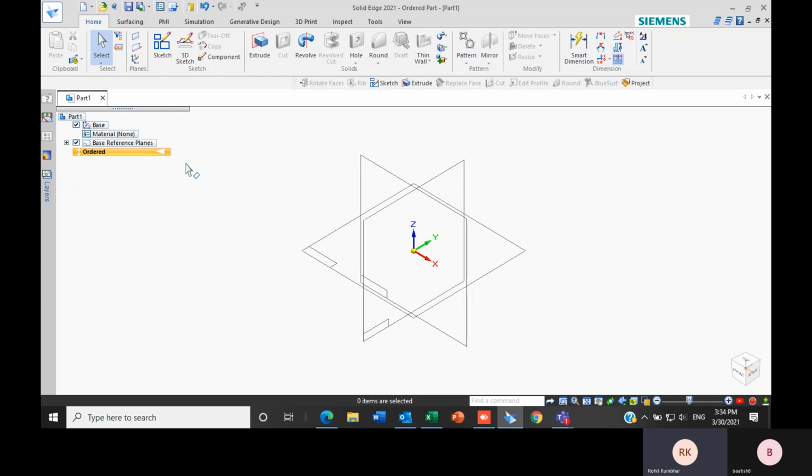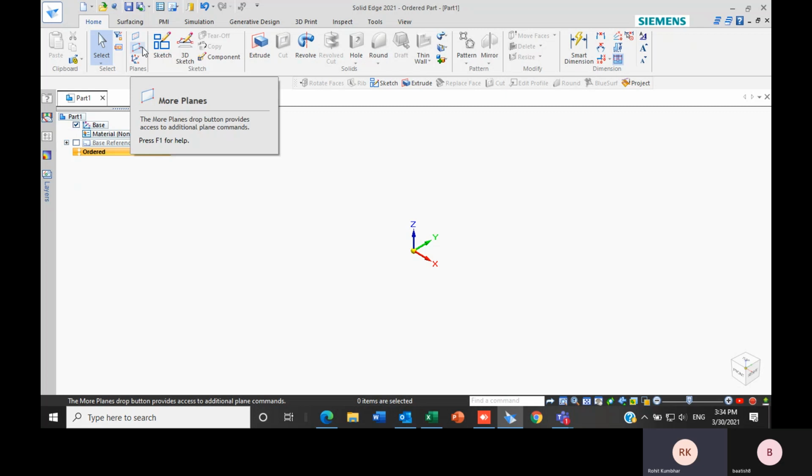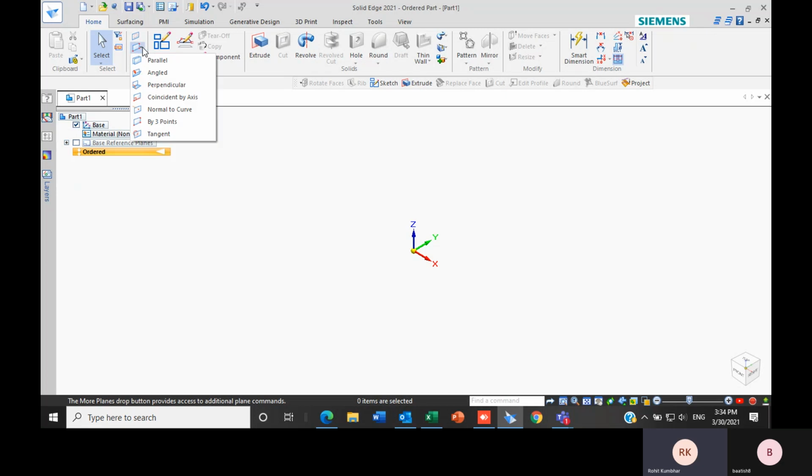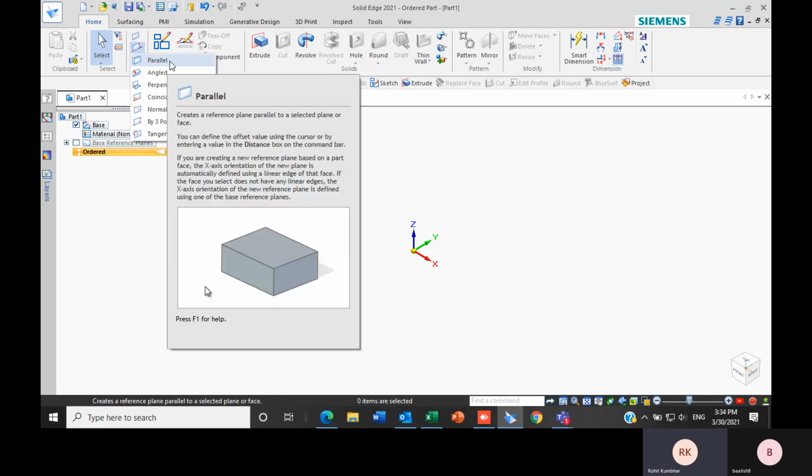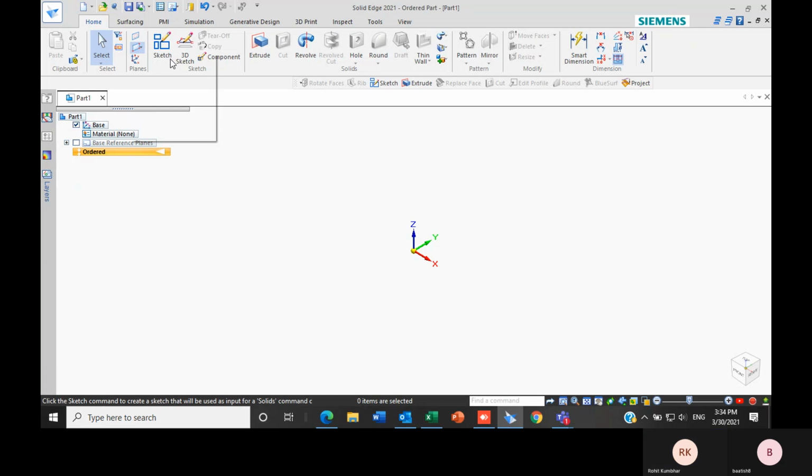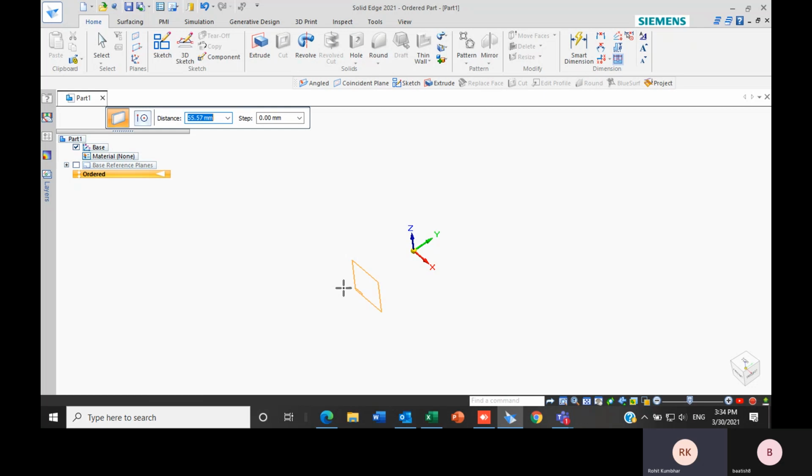If I want some other planes for my view or geometry, I can create them from here, More Planes. The first one is parallel. If I click on it, I just have to select the reference plane, then left click, and as you can see, as I am moving the cursor, the parallel plane is getting created.